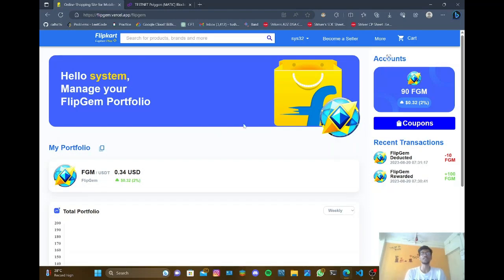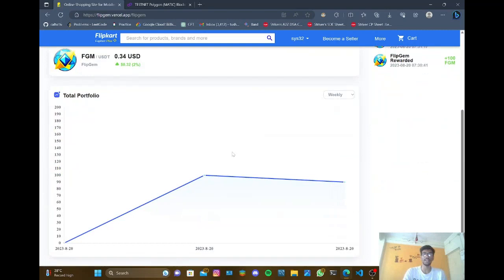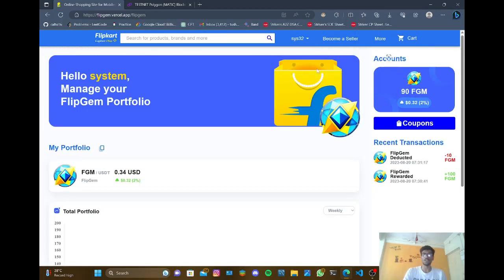But that's not all about this dashboard. Here you can see a real-time dynamic graph of the FlipGem current balance change. First it was 0, then it was rewarded, so it was 100, then 90. Users can also see their transactions on the Polygonscan network.